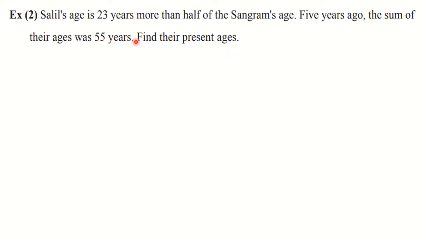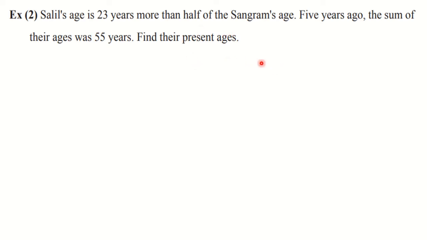Also, always take help of the last statement. Try to understand what you want to find, and by using that, you have to assign the proper variable to the proper quantity. Like here, we have to find out present ages of two persons, Sahil and Sangram. So we have to take their ages as x and y. We will assign variables x and y to their ages. Okay. So our first statement will be what? Let the present age of Sahil be x years and that of Sangram be y years.